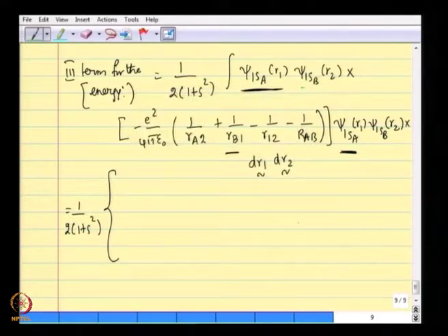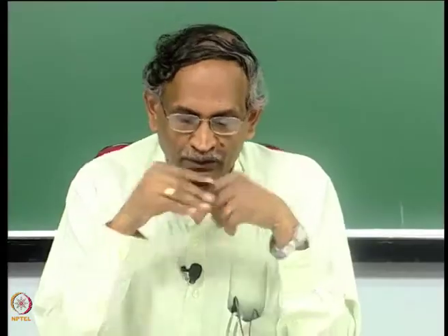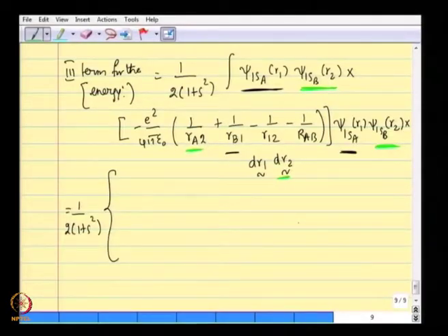If you look at psi 1sB of r2, minus e square by 4 pi epsilon naught over r A2, acting on psi 1sB of r2 d r2, if you do that, that is exactly the same J integral, except that everything is now shifted to electron 2. So, these two terms contribute identically, and then the remaining two terms, the remaining product, of course, you can see